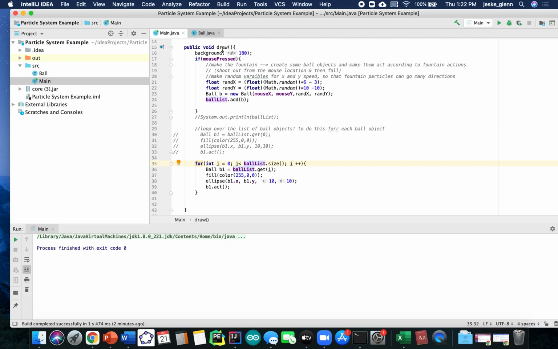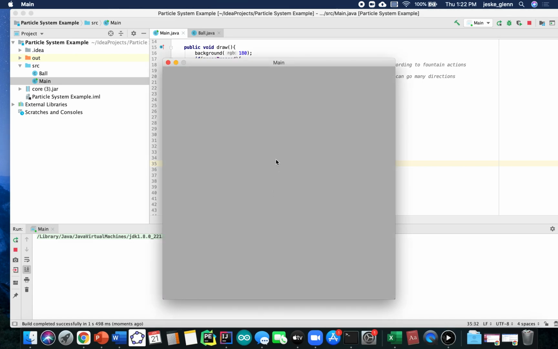So every time this draw method runs, we're accessing all of the ball objects inside of that list, making them move just a fraction of an inch, and then that draw method repeats over and over again, and those repeated tiny movements in the for loop and then redrawing allows us to appear as though we have motion. So when we run it this time, we should now see that when I click,